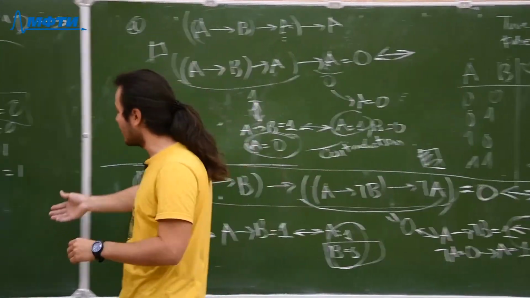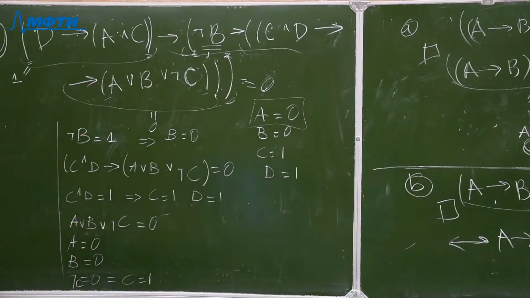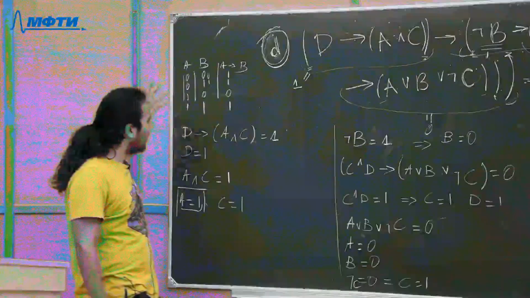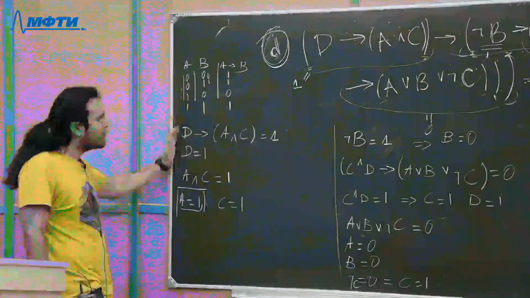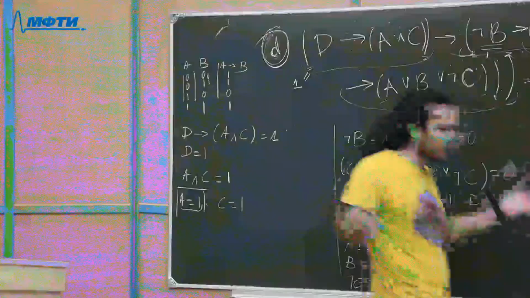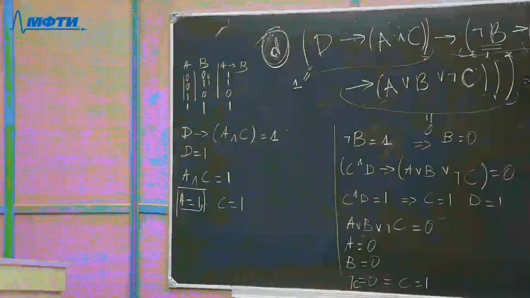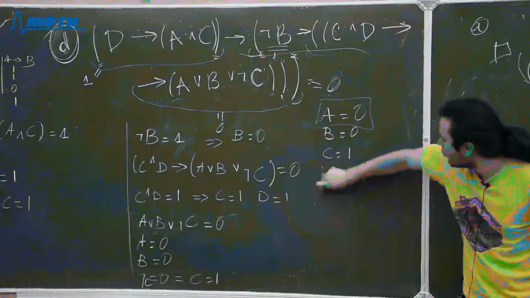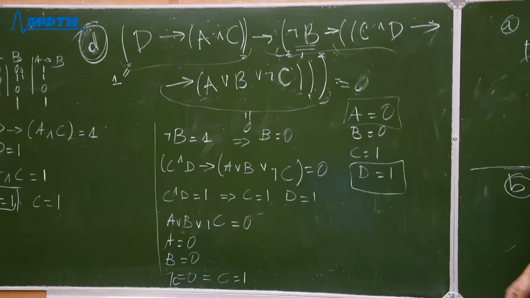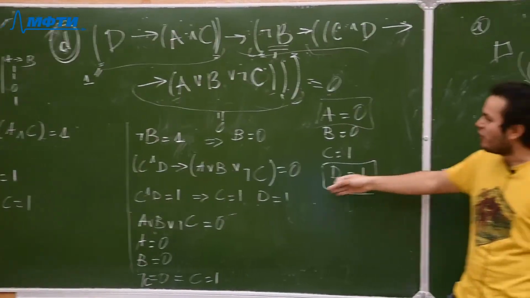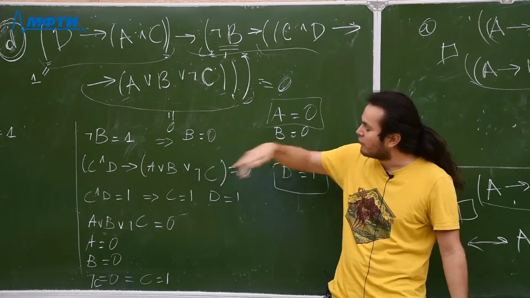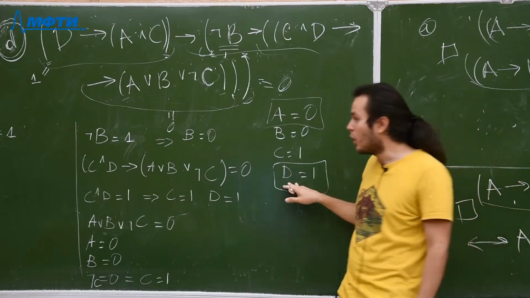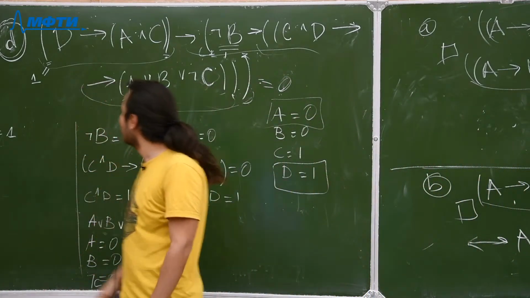That's it. It's clear, right? For example, in this case, yes, we have two different cases. If we see that we have two different cases, we don't need to do all the possible cases. We just have to look at the second part of the statement, and then we can find, for example, in our case, we found D, and that's it. We don't need to find all the cases for D either 1 or 0. We know from here that D is equal 1, okay? And we got the contradiction.